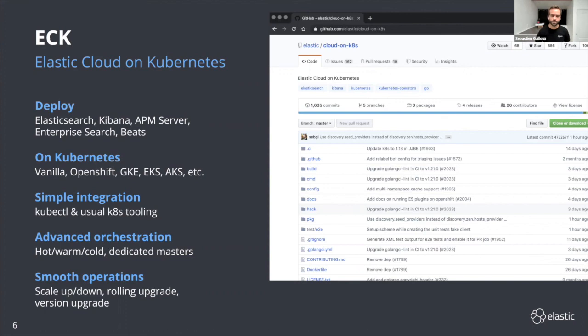ECK supports orchestrating Elasticsearch with advanced topologies. I'm talking about hot, warm, cold deployments, where maybe part of your nodes that we call the hot nodes would have a very fast underlying storage, for example, but then you would progressively move that data onto the warm nodes with slower storage, and eventually to the cold nodes, and maybe in the future to frozen nodes, like with very